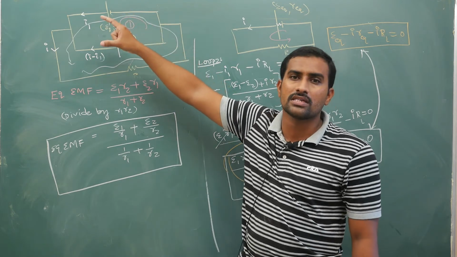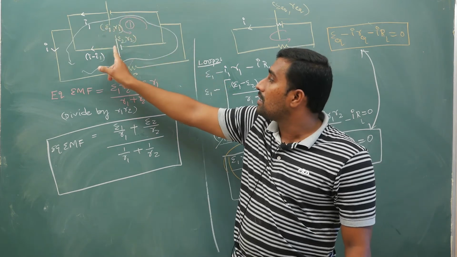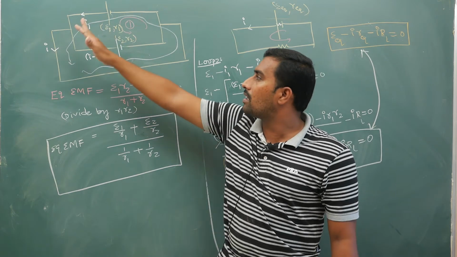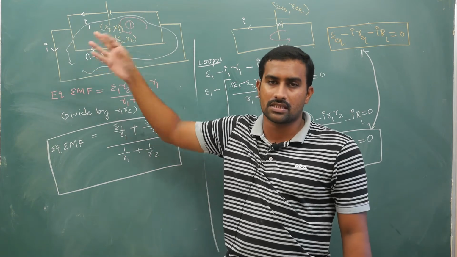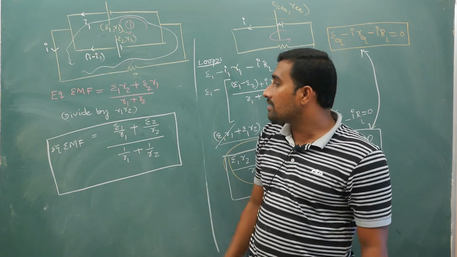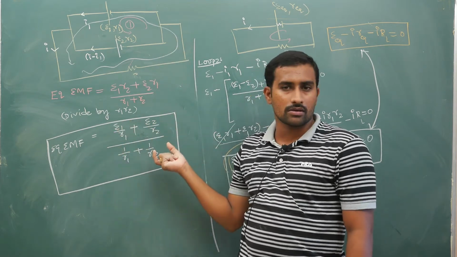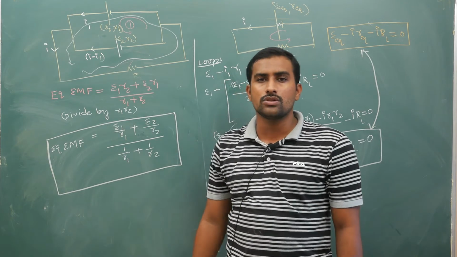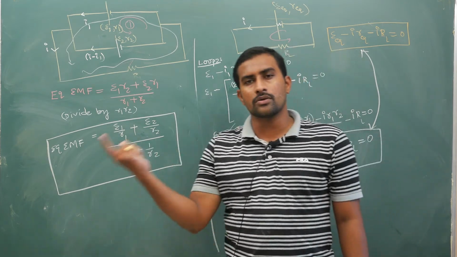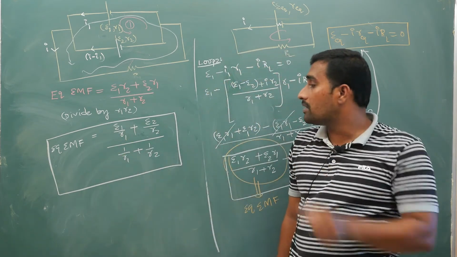In case of reverse polarity, that means you don't have cells pumping out current in the same direction. Getting my point? If currents are in opposite direction, look at the E1 by R1 value and E2 by R2 value. Whichever is big, in that direction you keep the positive terminal. According to the bigger value of E1 by R1, you have to keep it.